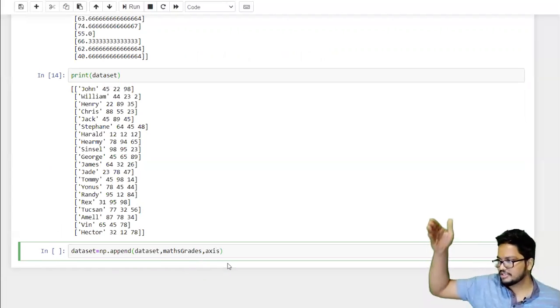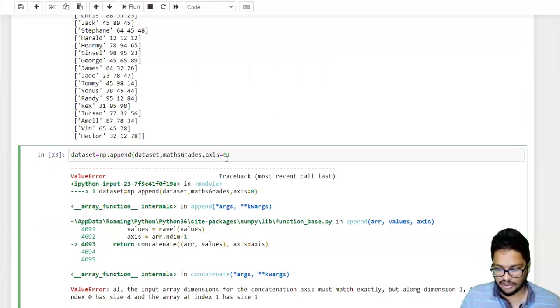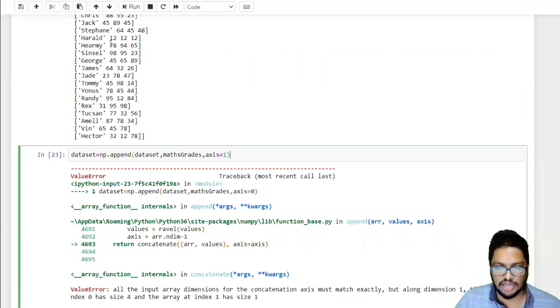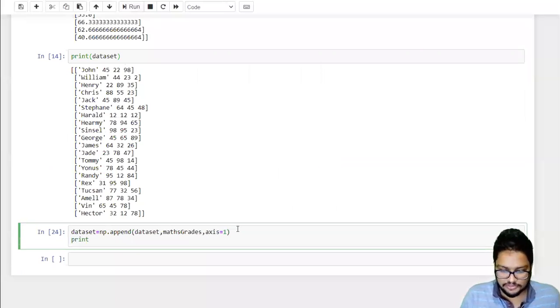So this should be appended to the axis number, which axis? Is it axis number 0? No, it should be axis number 1. So you have to append it as a column. So axis 1. Now if we print this,